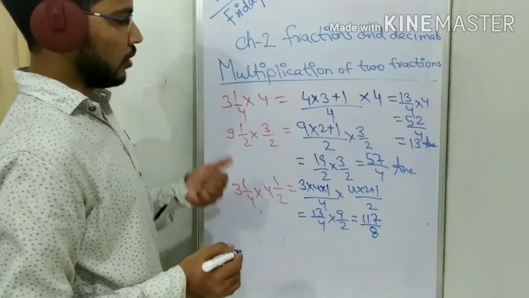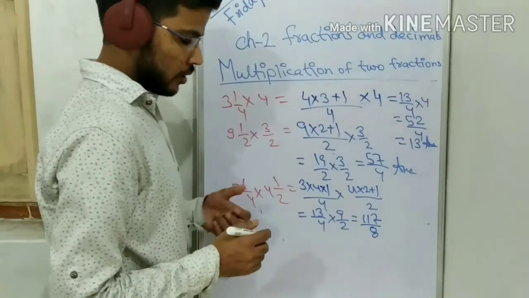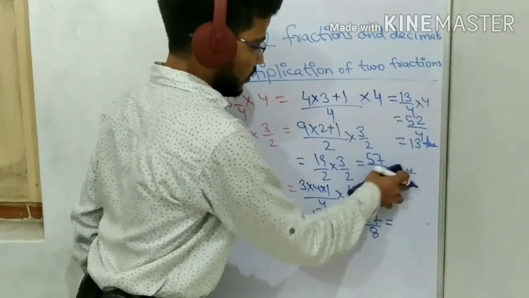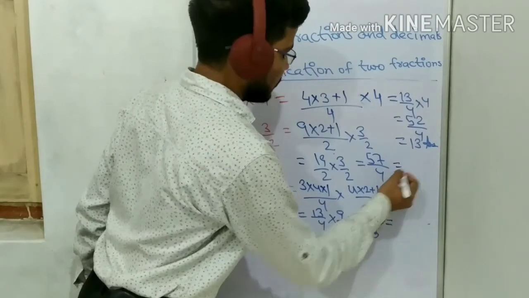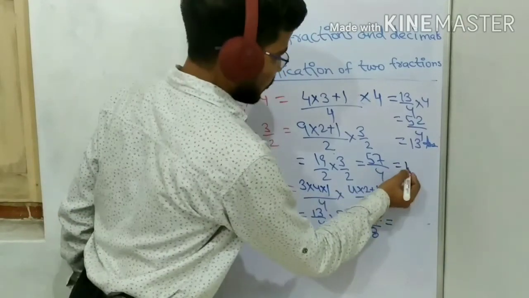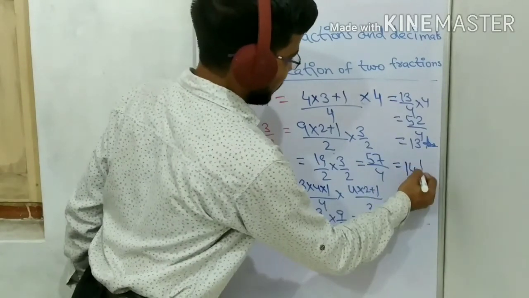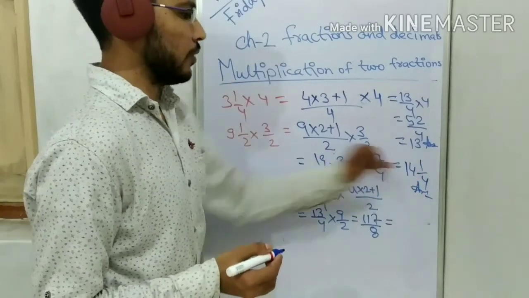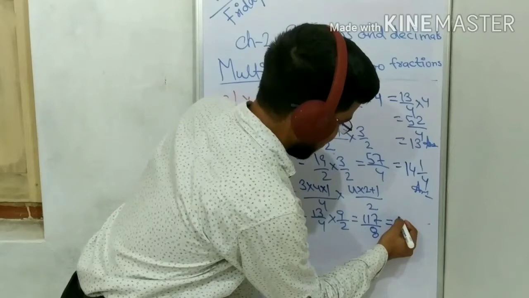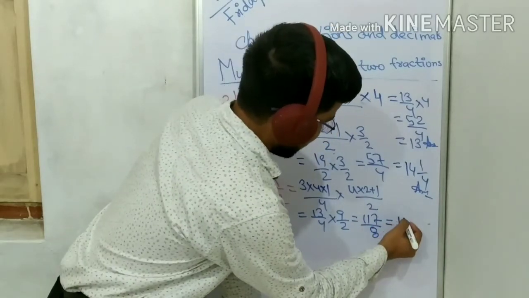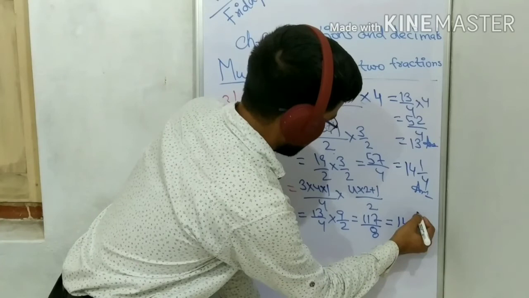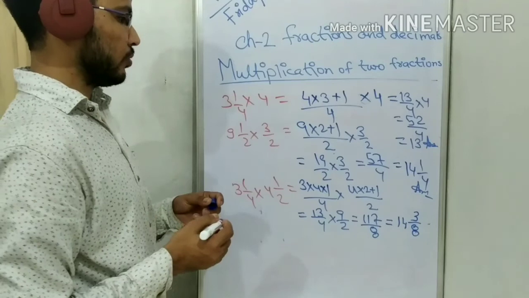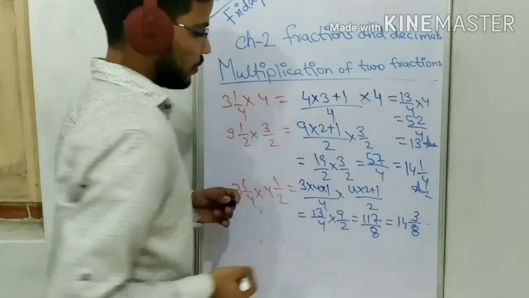But students, remember one thing. In this type of question, we convert the fraction into a mixed fraction. So in the previous case, I forgot to do that. Let's do it. What will we get? 4 1s are 4. 14 1/4 is the answer. 14 4s are 56 and 1, 57/4. Okay. In the same way we will convert it here. 8 1s are 8. Then 8 4s are 32. 14 3/8. 14 8s are 112.